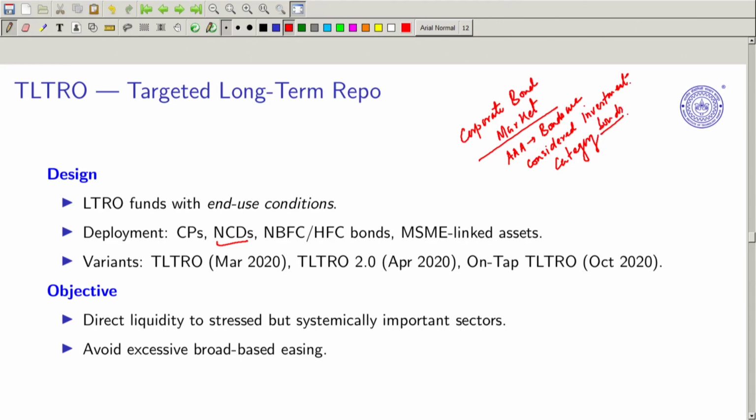And if they have AAA rated bonds, it is mostly done by CRISIL and ICRA. So CRISIL does this job, and ICRA also does this job. So an AAA rated bond,